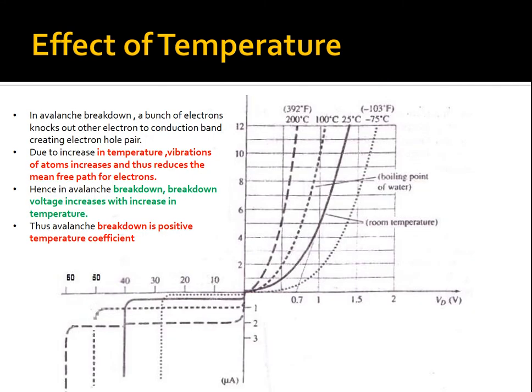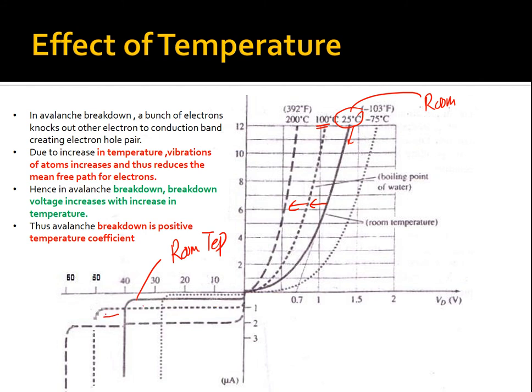Let's see the graphical representation. For the forward bias, for example, we saw the 25 degrees centigrade curve. When the temperature was increased to 100 degrees centigrade, it shifted towards the left side. This is the typical room temperature. Now let's see the reverse bias region. This is the room temperature reverse bias saturation current. When the temperature increases to 100 degrees centigrade, you can see this dotted line is the 100 degrees centigrade curve.